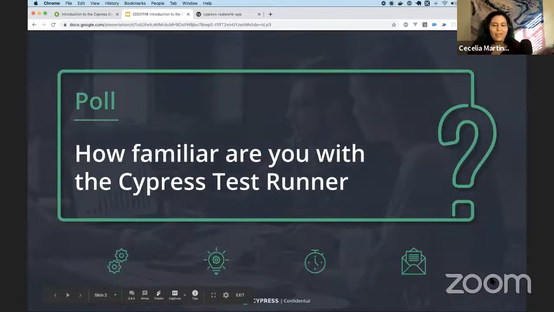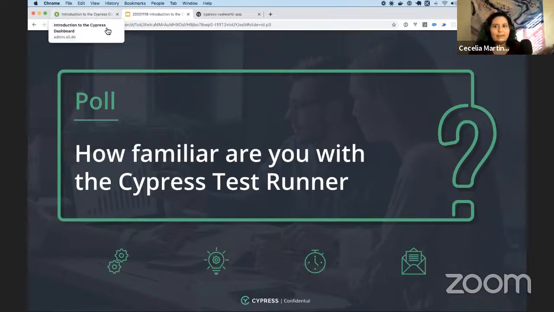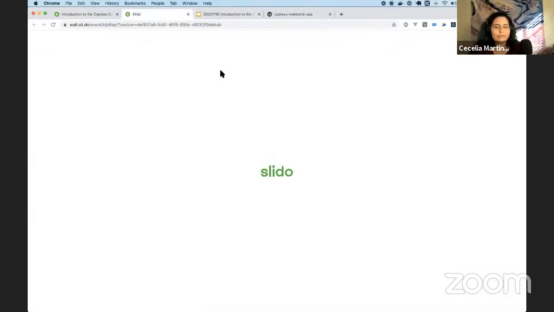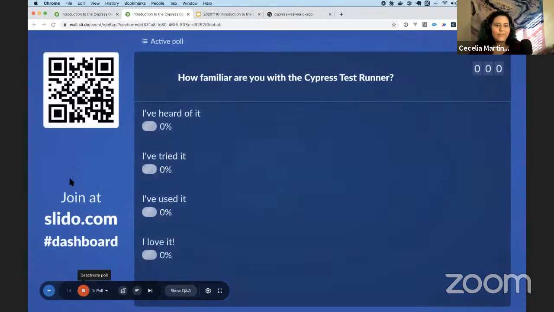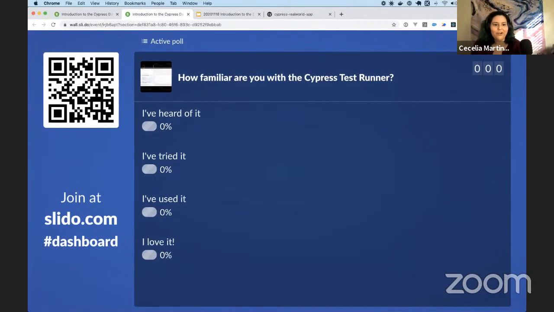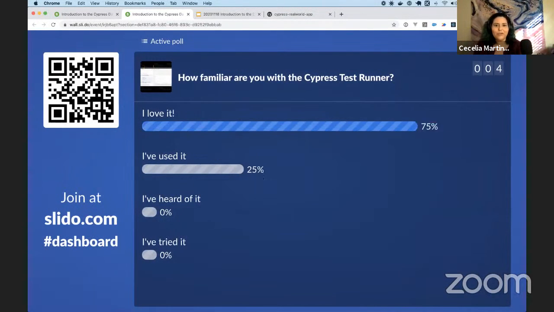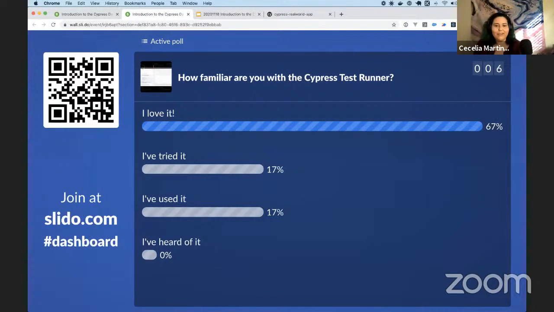All right. So first poll that we'll be running today is, how familiar are you with the Cypress test runner? So looking to essentially just get an idea of what the familiarity is. So let me go ahead and get this going here. Okay, so how familiar are you with the Cypress test runner? I've heard of it, I've tried it, I've used it, or I love it. So you can use slido.com to go ahead and enter in your answers here. All right, okay,